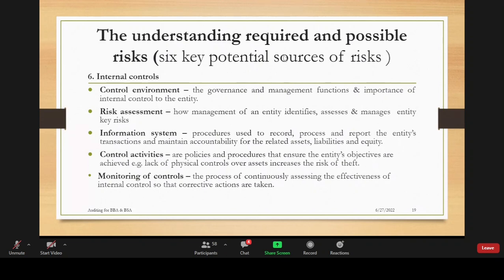So the control environment, the governance: how strong is the board of directors? Are these directors so familiar with management, or is the management team the same people who appoint these directors? The risk assessment, the information systems, the control environment, monitoring these controls. There's a difference between having a control and it actually working. So many people have controls, but these controls are just on paper. They're not working, they're not effective at all. So this does not save the business.